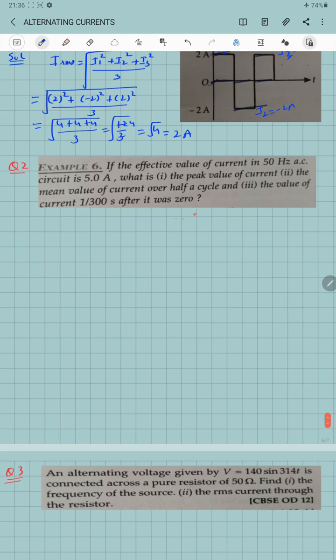Second question, if the effective value of the alternating current in 50 Hz AC is 5 ampere, find the peak value of the current, mean value of the current over half cycle, and the value of the current 1 over 300 seconds after it was 0. Solution. First part,